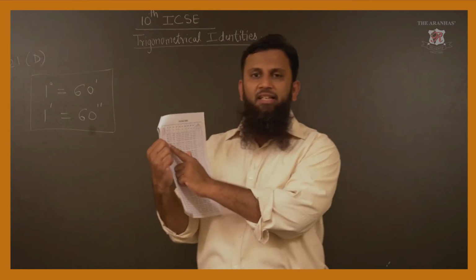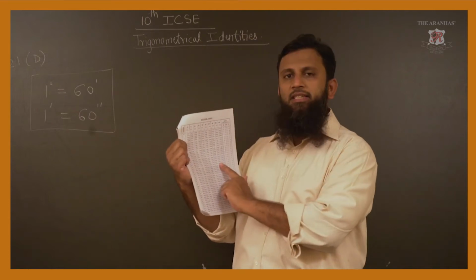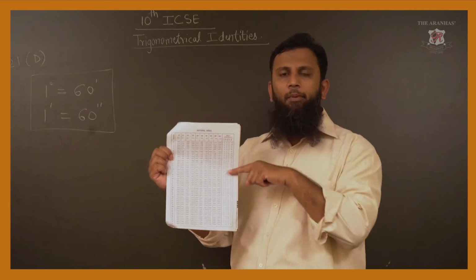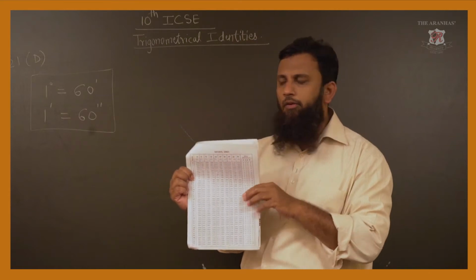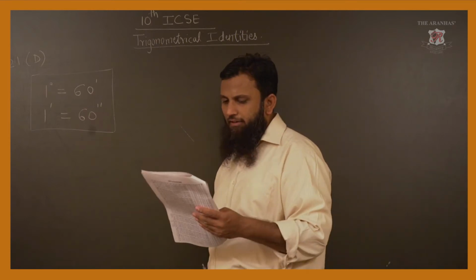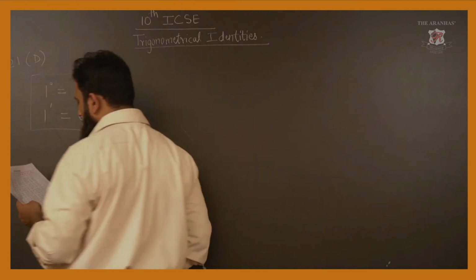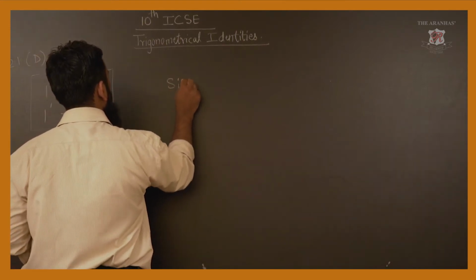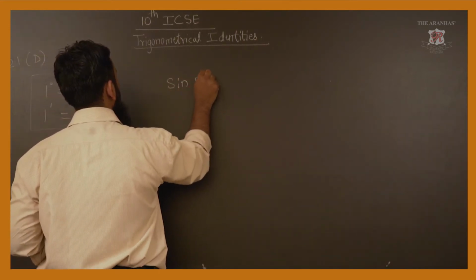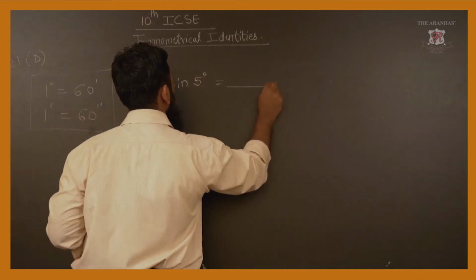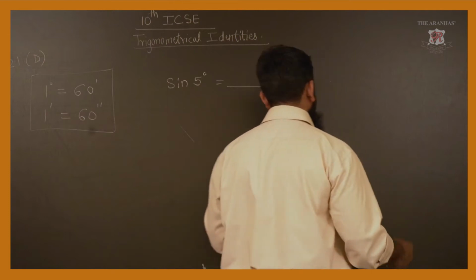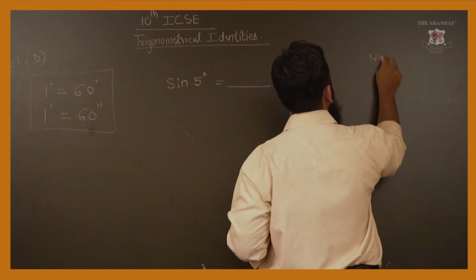So chances are there you may get confused in selecting the values. So always while reading, keep a scale in a horizontal manner over here. Let us take one example. If the question is asked sine 5 degree and they have asked the value,